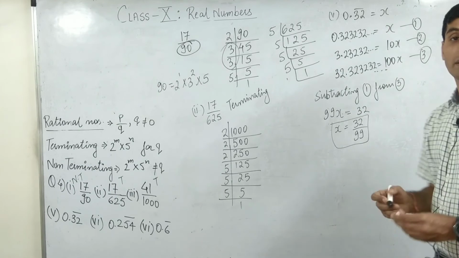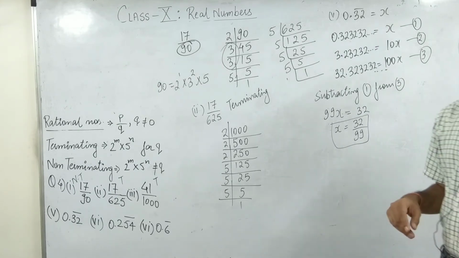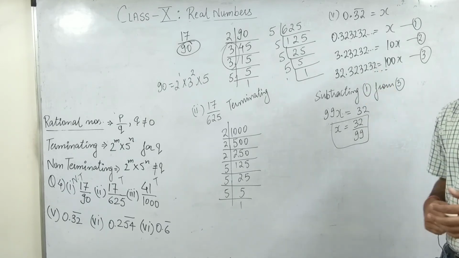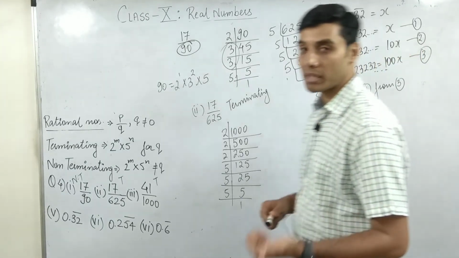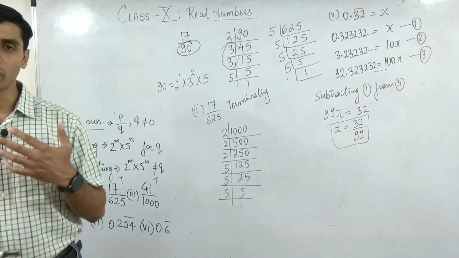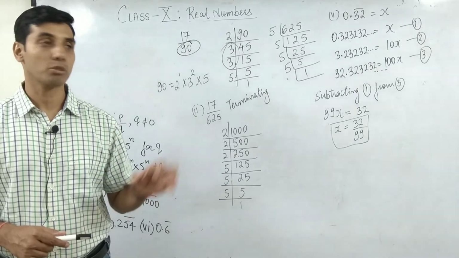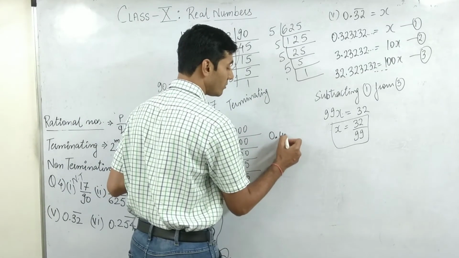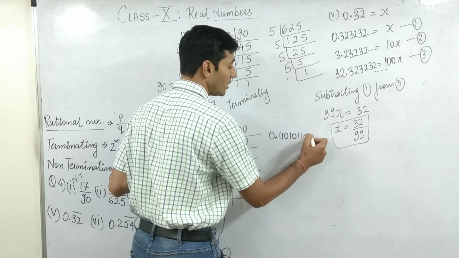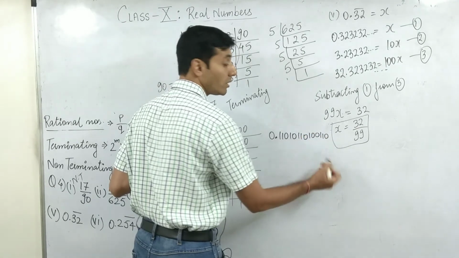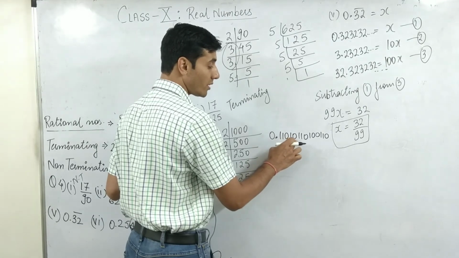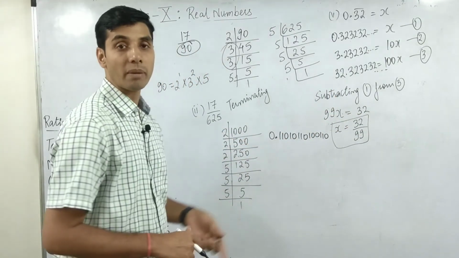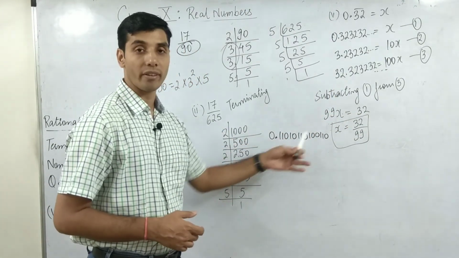That means that even those numbers which are in decimals and which are continuously repeating themselves, they can be qualified as rational numbers. But if there is a decimal number which is continuously non-recurring, मतलब उसमें जो digits हैं वो कुछ आगे पीछे हो रही है, something like this. 0.11010110. नाउ यहाँ पर है 110, यहाँ पर है 10, फिर यहाँ पर है 110, यहाँ पर है 100, यहाँ पर है 110. And then so, is this number by the way recurring or non-recurring? This is non-recurring, कोई fixed pattern ही नहीं है.